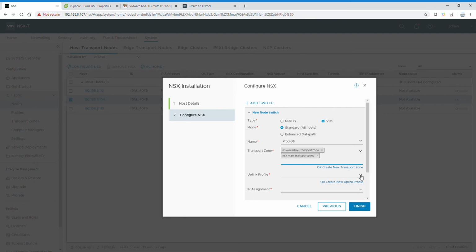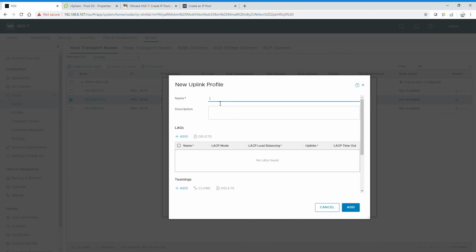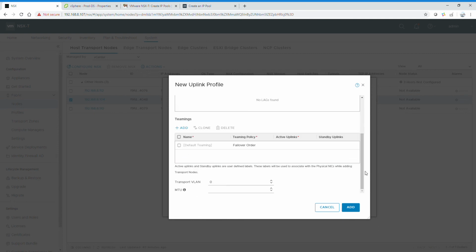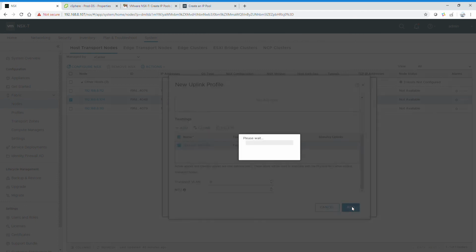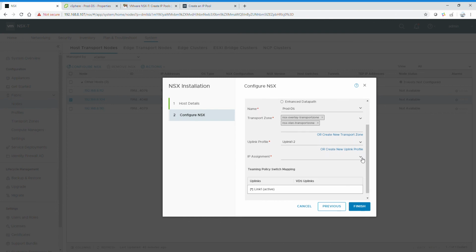Then, if you have already created uplink profiles, you select that. Or I can create a new uplink profile also. Let's say I'm creating it as uplink 1, for example, and I'm just going to add and give a variable here. I can give the same variable here, uplink 1, and just add it,